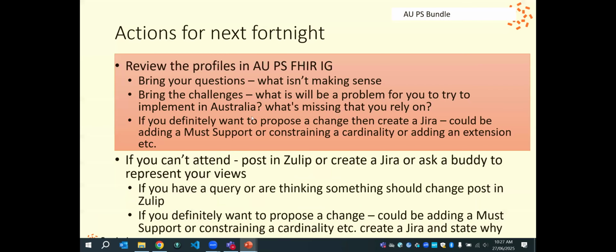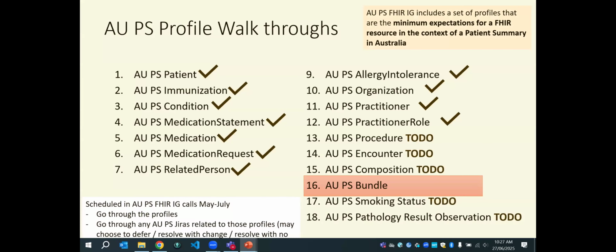This is what we've been asking people to do: have a look at the profiles and bring questions, thoughts, etc. Where we're up to now, we've skipped over procedure and encounter and composition to go to bundle, because we're coming into the pointy end of getting to an initial ballot for comment, where we put out a position that provides direction on where we think Australian patient summary is going to get that wider community